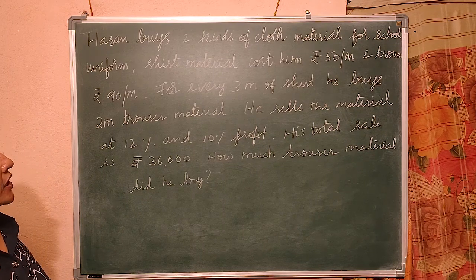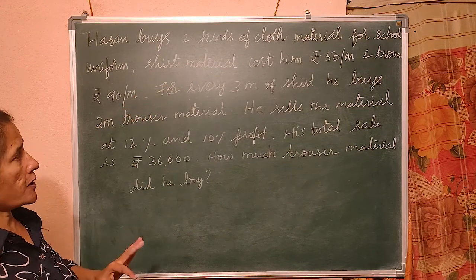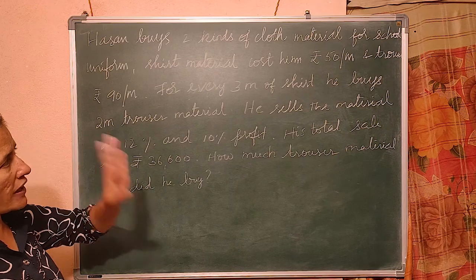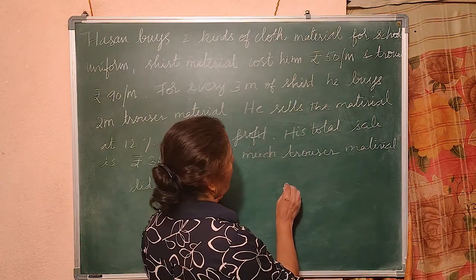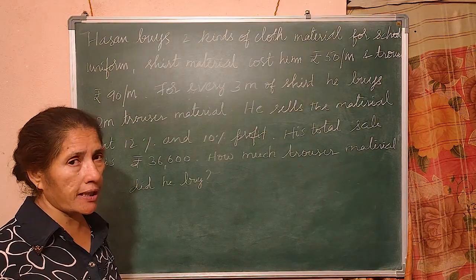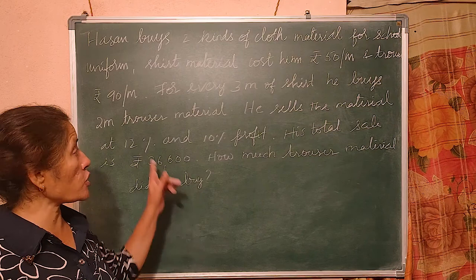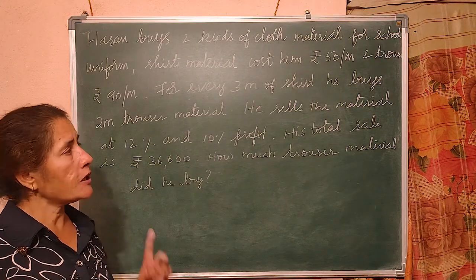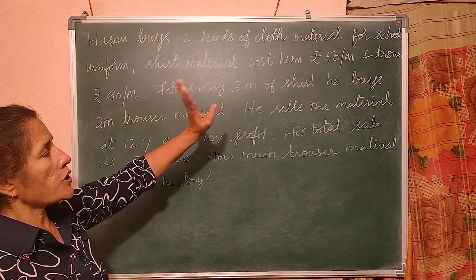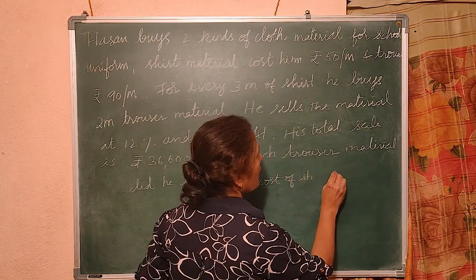Now you know, he bought how many shirt material? Rupees 50 per meter, but for one set he buys 3 meters. So, what can I do? For one pair of trouser and shirt, we will find out what is the cost price and what is his price after so much income. Did you understand? So, how much shirt material he buys? 3 meter. So, cost of shirt material, how much? 3 into 50.